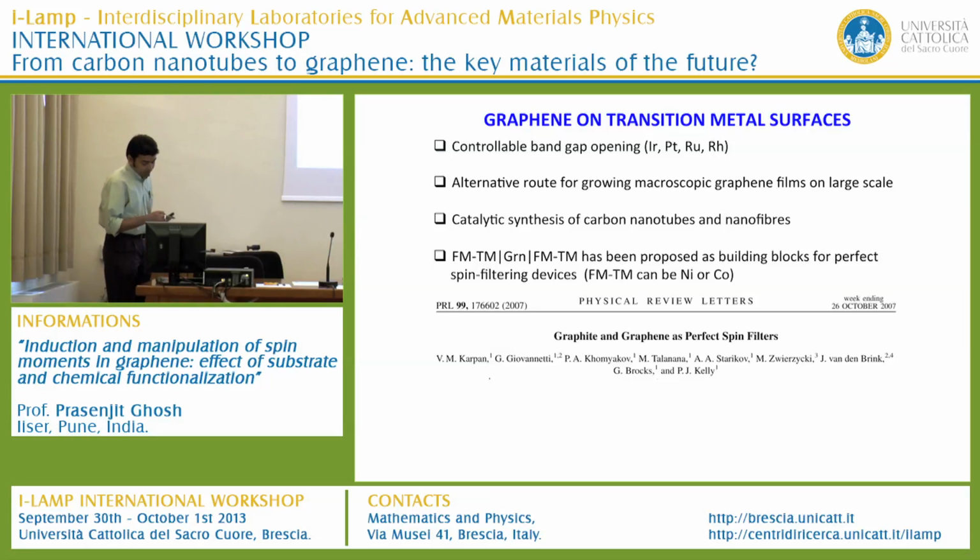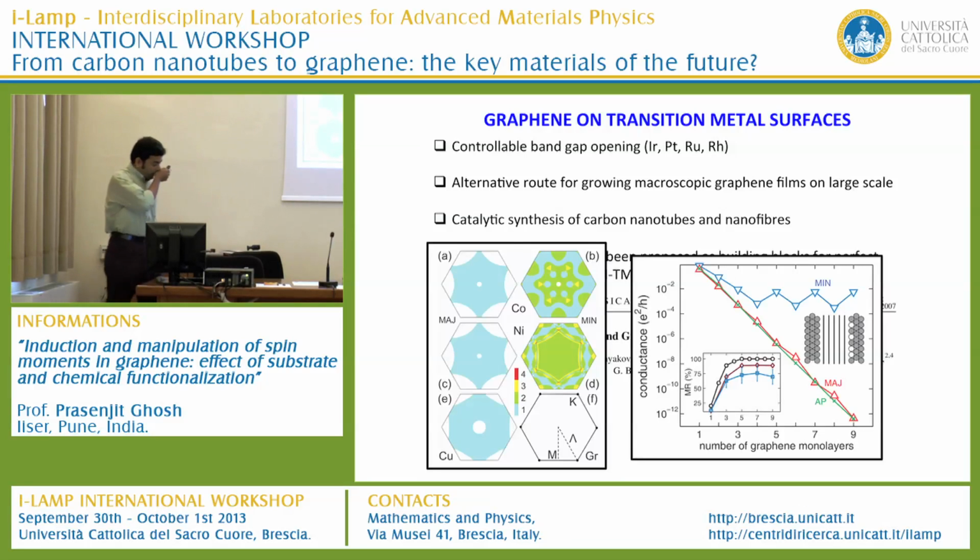A couple of years back, in this paper, this group calculated the conductance of graphene layers sandwiched between 2 nickel electrodes, and what they find is that if one goes beyond 5 layers, one can attain 100% magnetoresistance in this device. They looked into the current-perpendicular-to-plane geometry, and they rationalized it by saying that